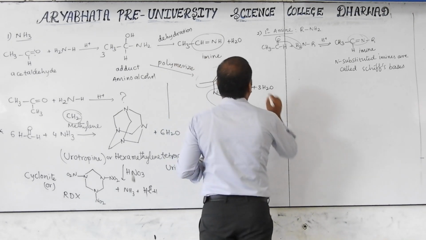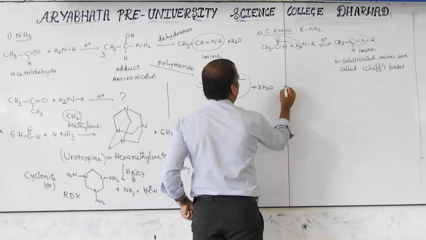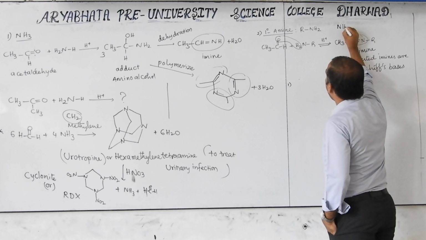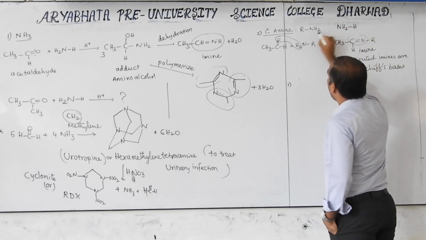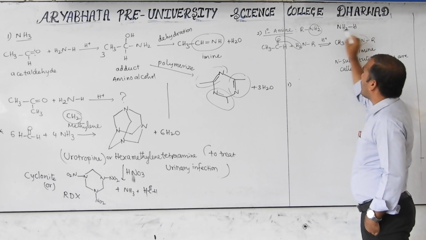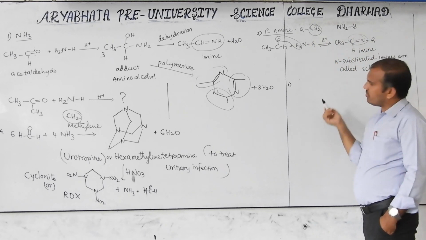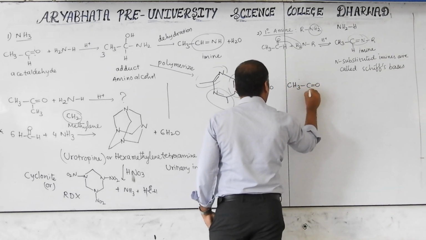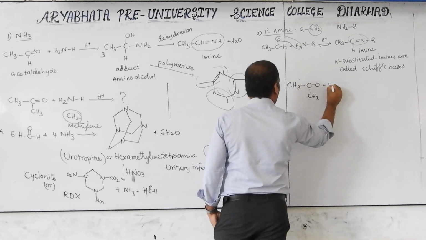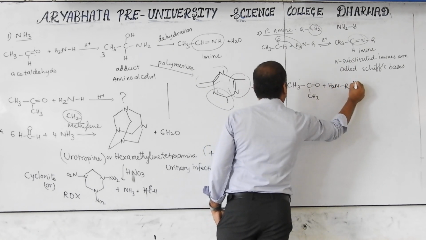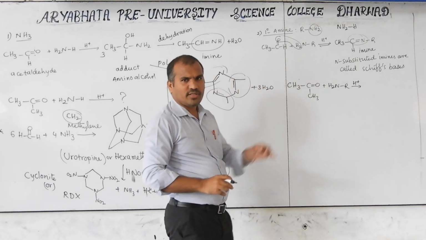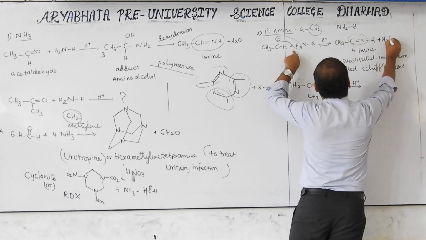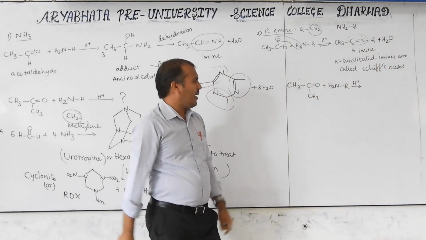Next, this primary amine, so many examples we discussed already. Now this is ammonia, NH2H. NH2 is there. Instead of one hydrogen, what do we have now? R. For this primary amine, we can write an example here: CH3 C double bond O CH3 reacts with NH2R in acidic medium. This is homework for you. What is the product formed? Simply H2O, so I will write here H2O as a byproduct loss. You also write the same.